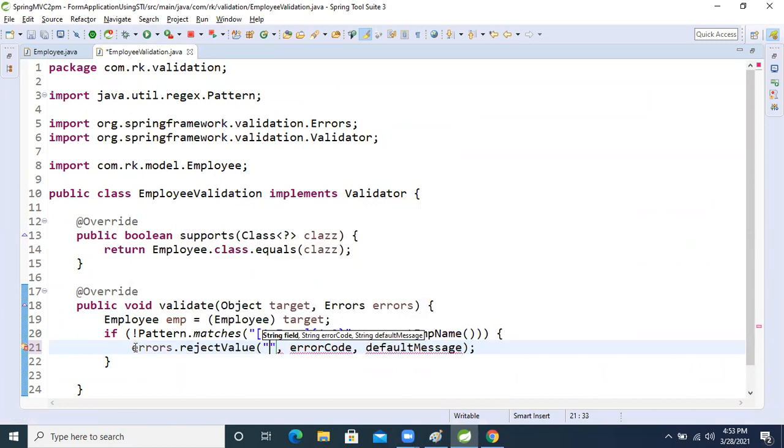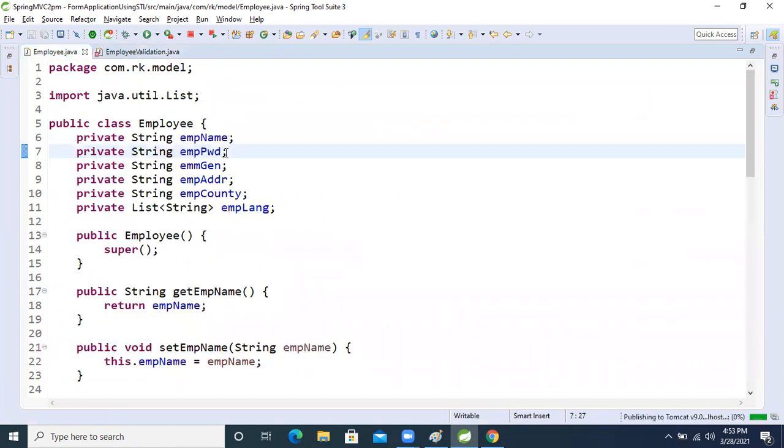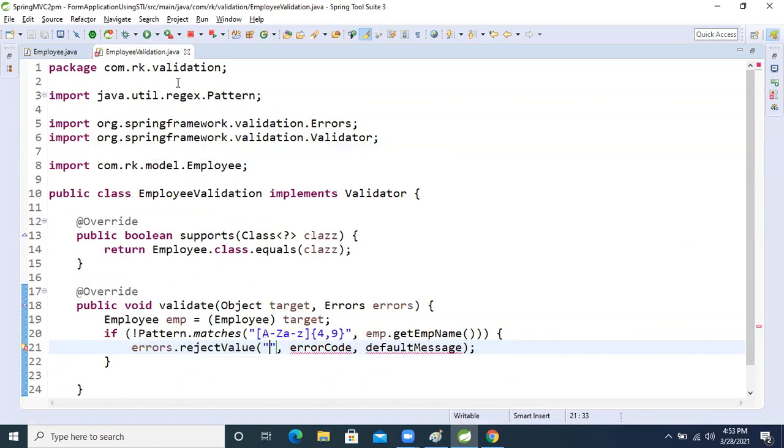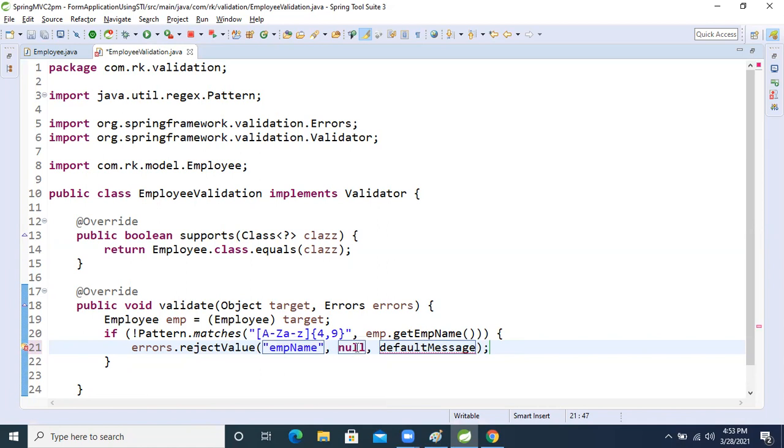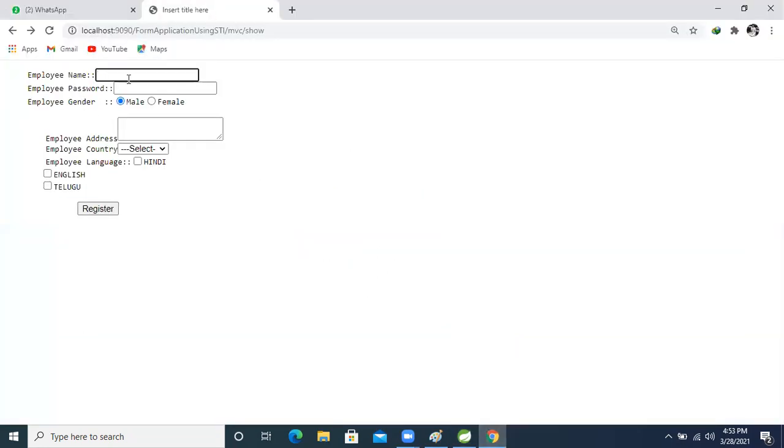So here we will pass the model field we will validate, the first one we are going to validate now. We will take this validator and pass it here. When I introduce internationalization, just pass null. At that time I will explain. Just pass null here. After that, write the message. The message we write will be shown here.